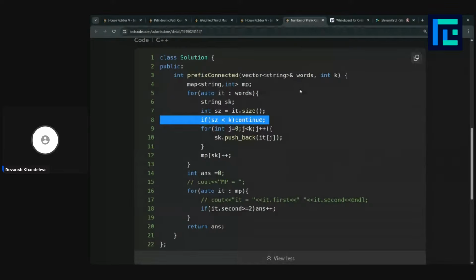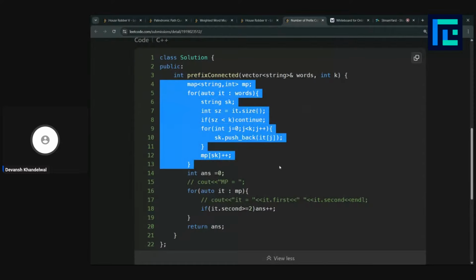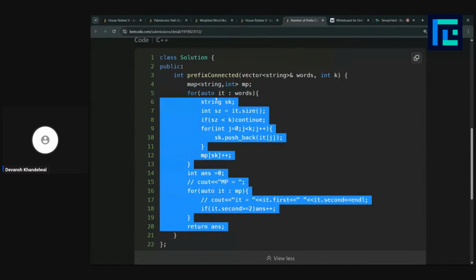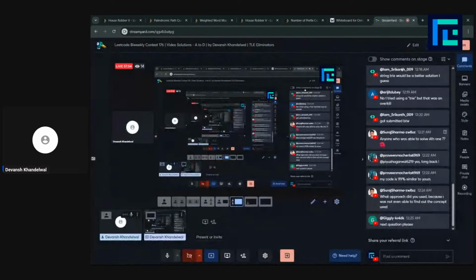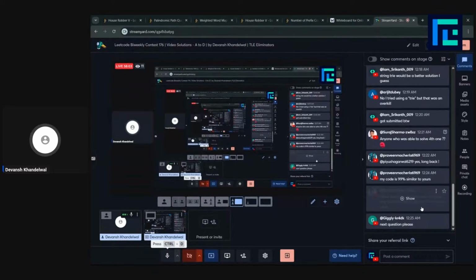That's actually worrying, right? We shouldn't get flagged for it. Anyways, great, great, great. What approach did you use? Because I was not even able to find out the concept used. Yeah, we are going to discuss the fourth question. And then someone typed, next question, please. Yeah, let's move on to the third question.